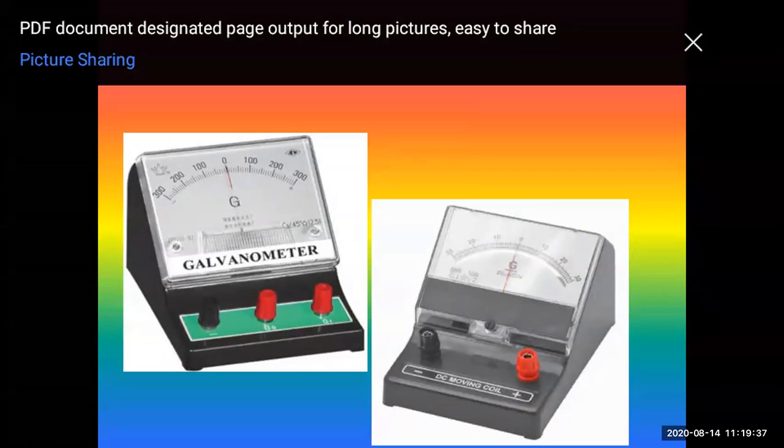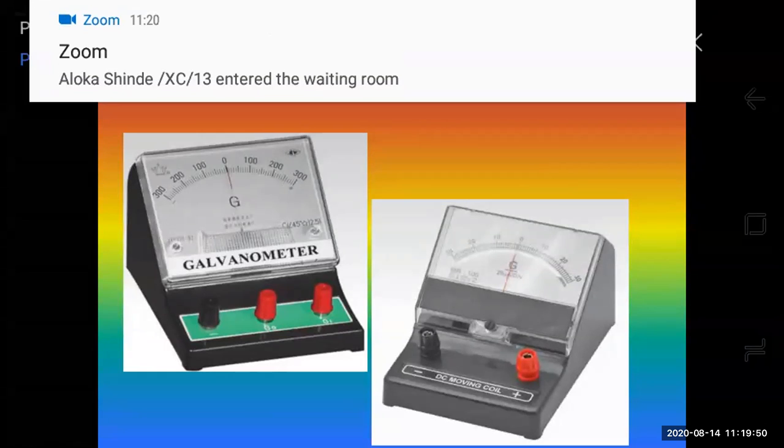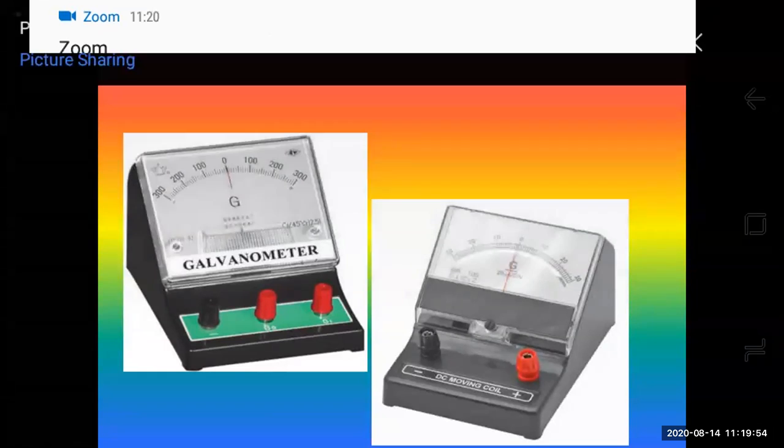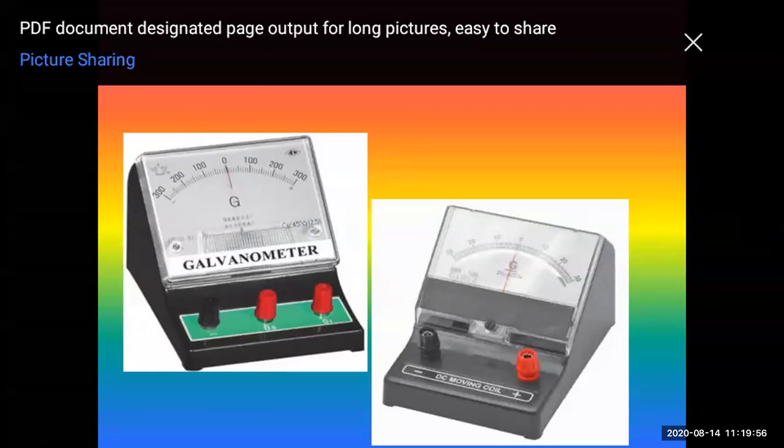Just remember, what is this galvanometer? Because in practicals you might have used it last year. A galvanometer is nothing but a sensitive instrument used to detect the presence of current in a circuit. If you want to detect whether current is flowing through the circuit, you have to use a galvanometer. It is used for some electrical measurements. The deflection of its pointer is usually proportional to the current.